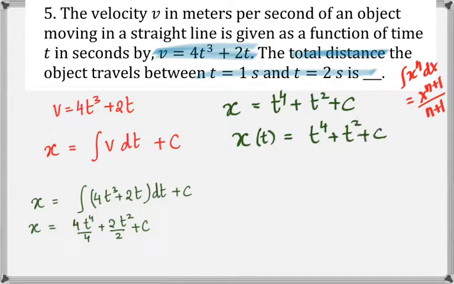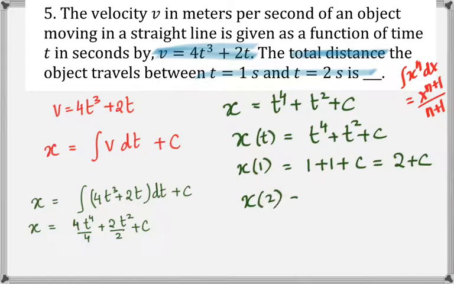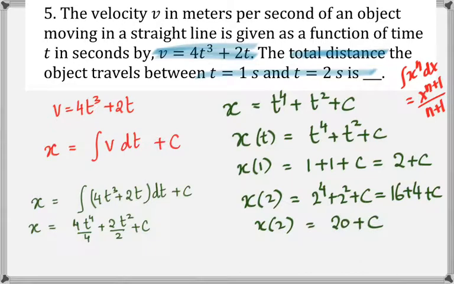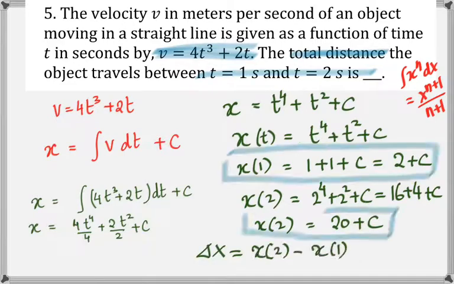Now, we have got position as a function of time. We have two instants of time given here, 1 second and 2 seconds. We can substitute and get the value for each one of them separately. So this is kind of the final and initial position. We want to find out the displacement or distance, so we will do delta x and find the difference between the two positions.